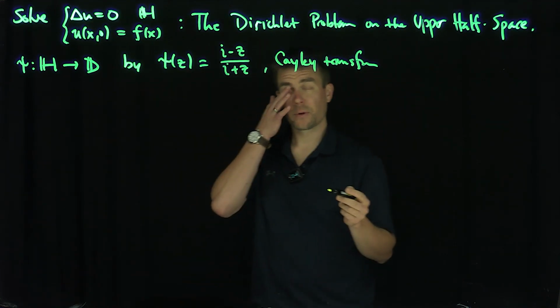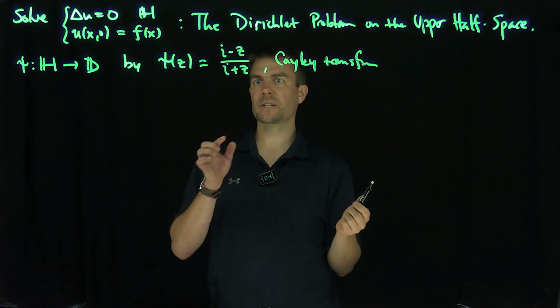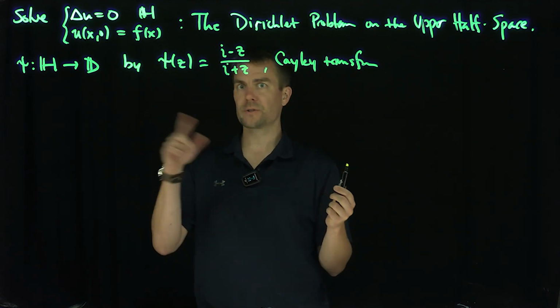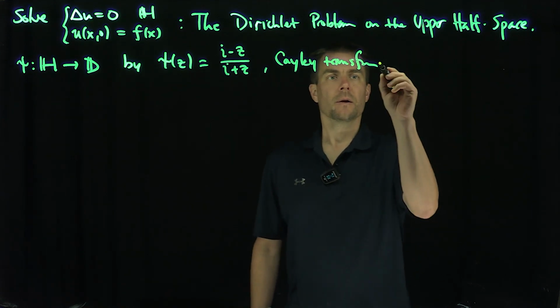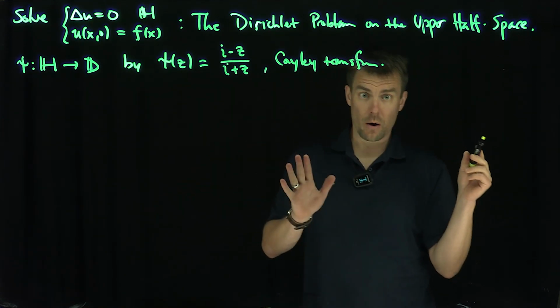When I plug in, for example, any point on the real line, so for example, if I plug in 0, where do I go? Plug in 0, it maps to 1. So this is the Cayley transform, this is the right thing. Excellent. So now what? So now we know that